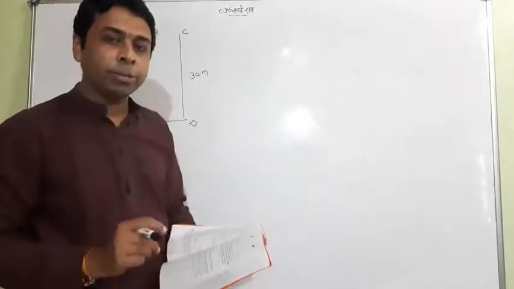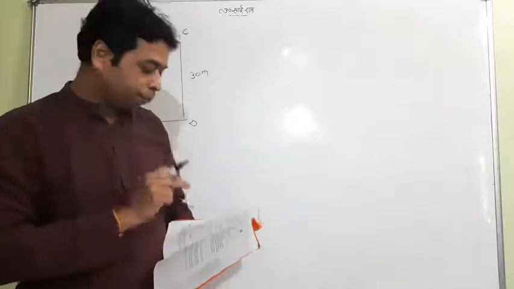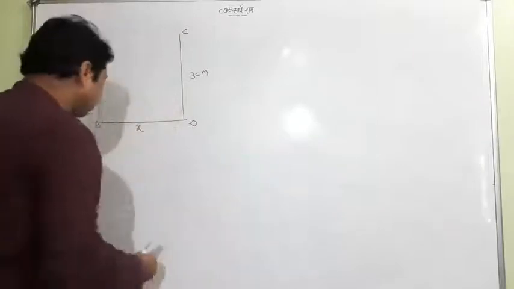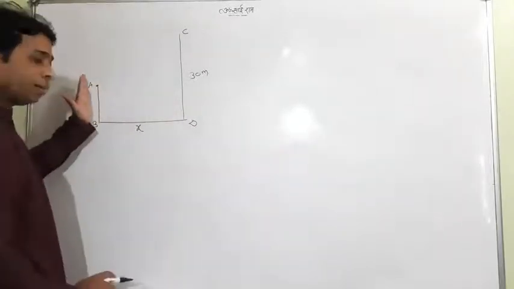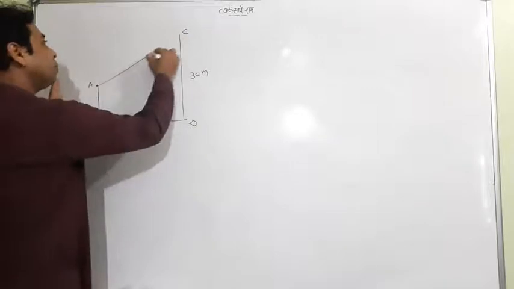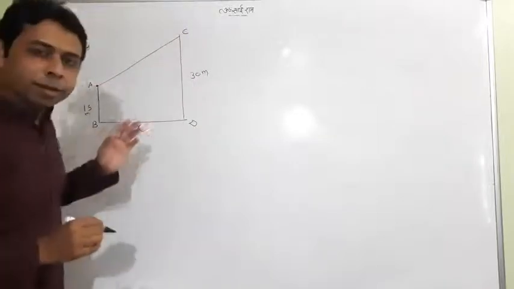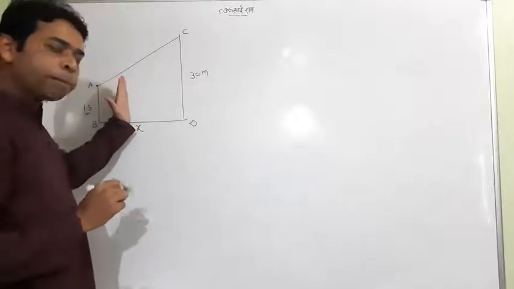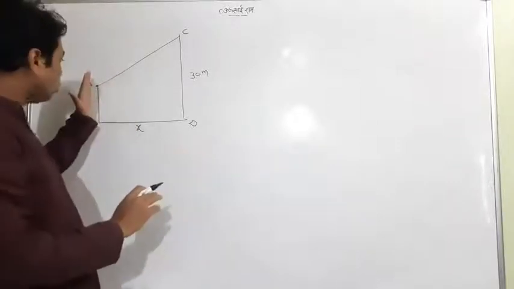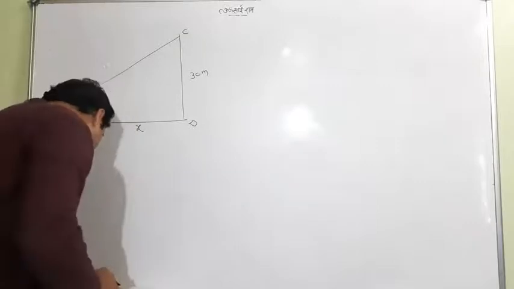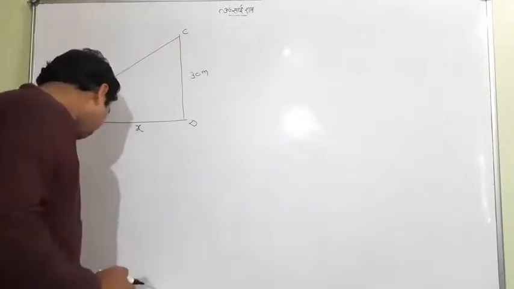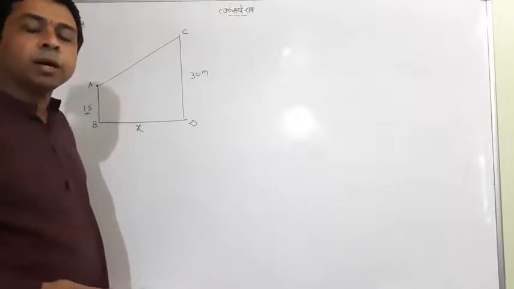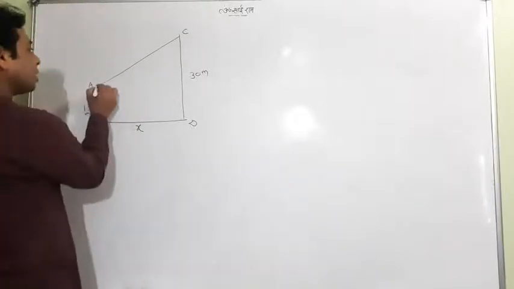Very important. Two angles are given here, 30 and 60. When he walks towards the building, meaning first the boy is standing here, then the angle becomes 30 degrees. But when he goes near to the building, the angle becomes 60. So the first angle was 30 and the second angle was 60. So the first angle is 30.